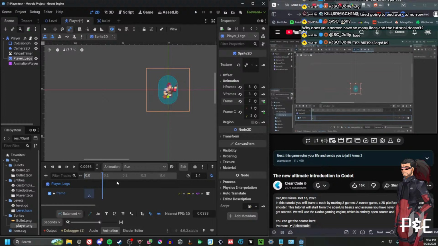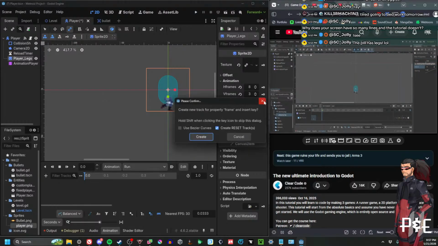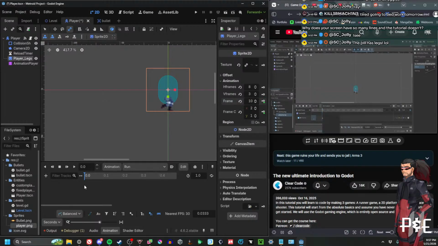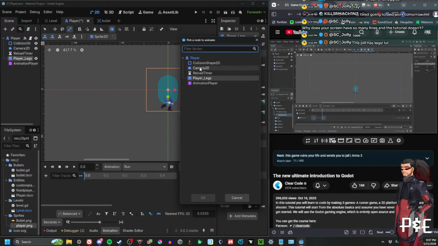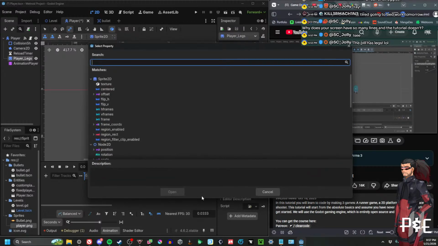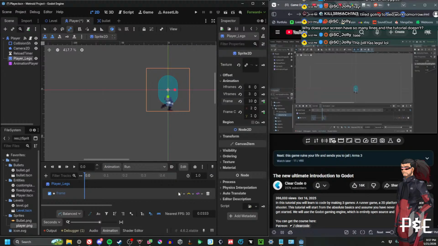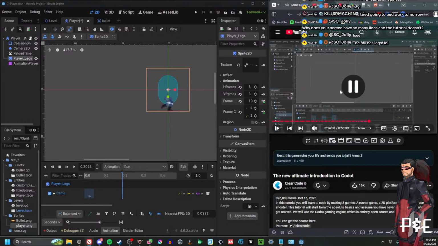Just to get started, I want to add a key, and the first value is 9. You can already see a preview there, although it might be quite small. Then, after 0.2 seconds, I want to add another key, which is going to get a value of 10. Next up, another key is